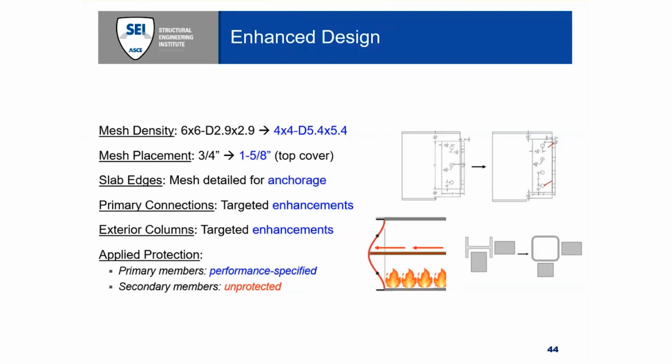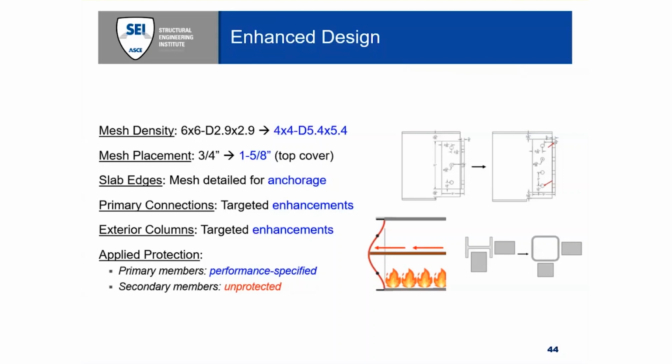Also, for the primary connections, the girder to column connections, we provided some enhancements. I would say the one shown at the top right is the biggest level of enhancement that we had to do, which is to add a bolt and increase the bolt hole edge distance very, very modestly. I think it was about a 1/4 inch.